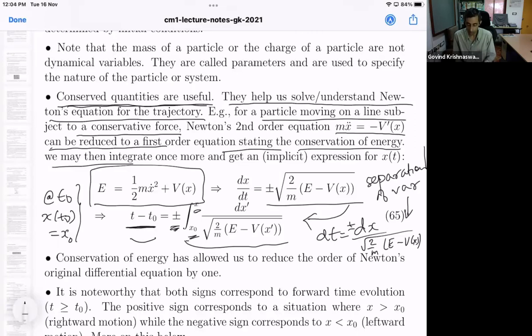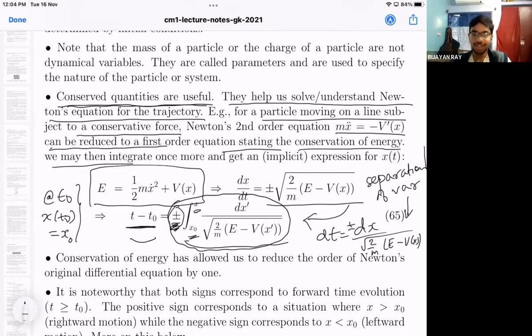If this was not clear last time, I want to emphasize once again, both of them refer to forward time evolution. t is greater than t naught in both cases. It is just that the plus sign is reserved for the case where x is greater than x naught, namely when the particle moves to the right. And the minus sign is reserved for the case where x is less than x naught, so that the particle moves to the left. In both cases, the right-hand side is actually a positive number. So the particle could move to the right or to the left. The appearance of plus minus doesn't mean the result is negative in either case. Is that okay, Bijay? Yes, sir. Okay, sir. Yeah, got it.